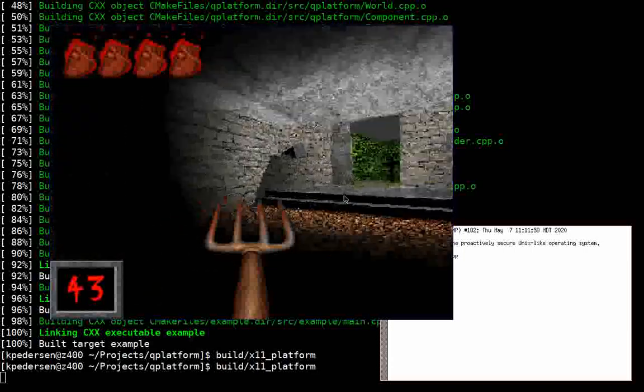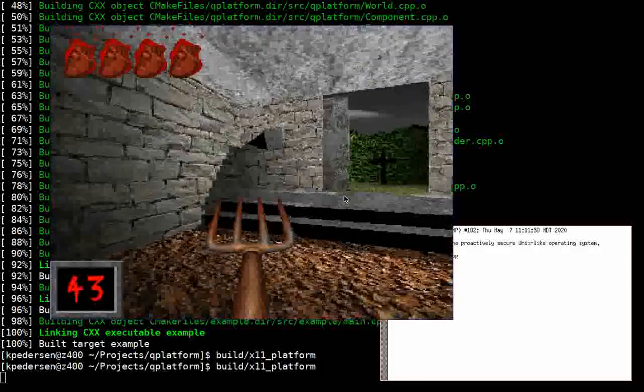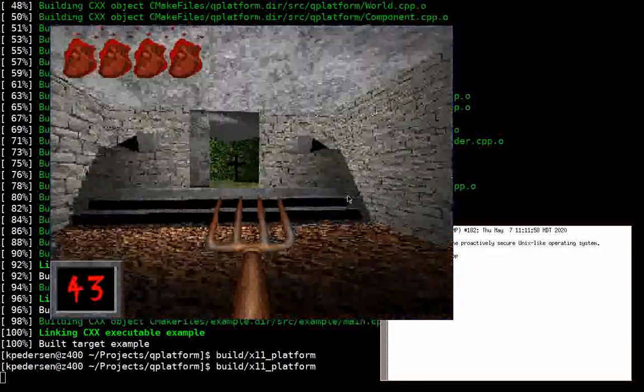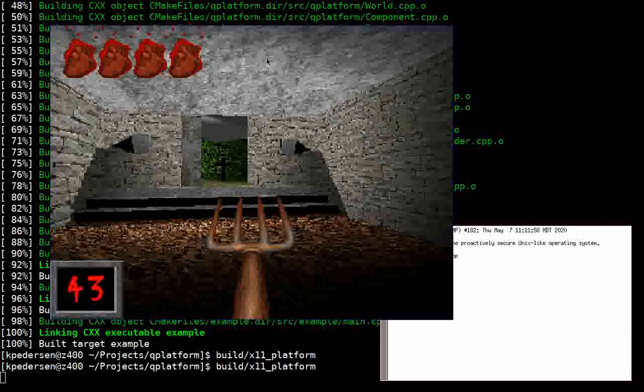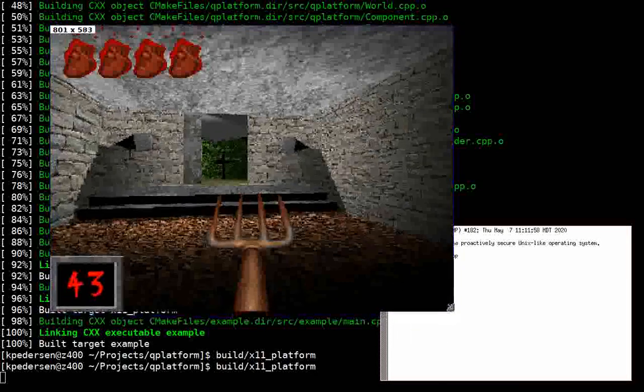There's nothing really much more to add, to be honest, other than the fact that I've tried to copy the original Blood as much as possible, which I believe was 320 by 200. So I've done similar here, but also because we want it to work potentially on phones, your phone's going to get hot if it runs this game, I wanted it to also scale. So what I actually did was, it'll always be at least 200 in the Y, or at least 320 in the X. So it means that if I scale it like this,